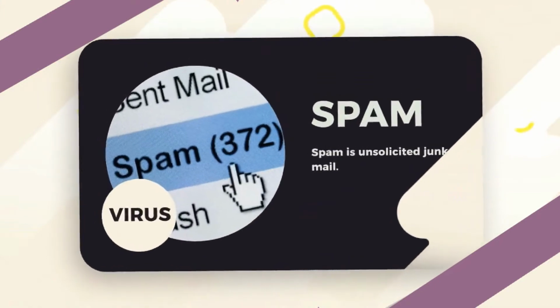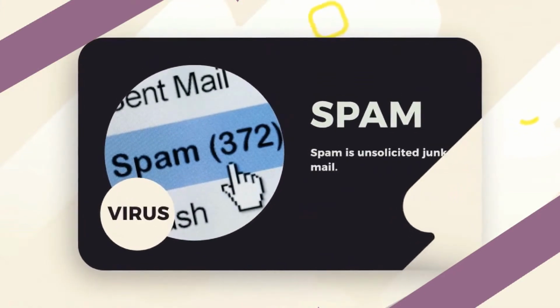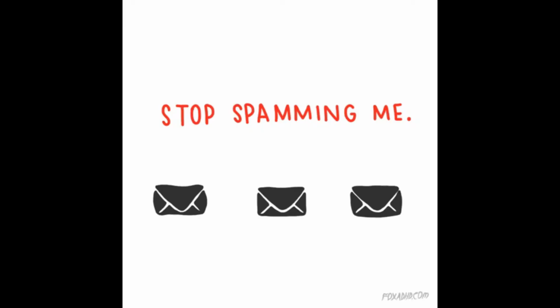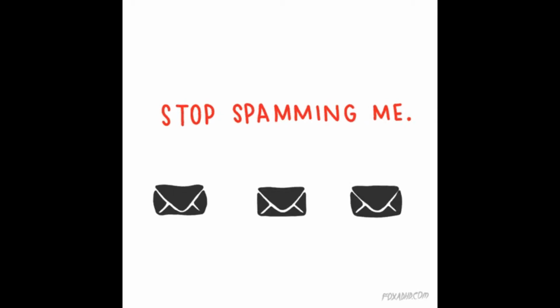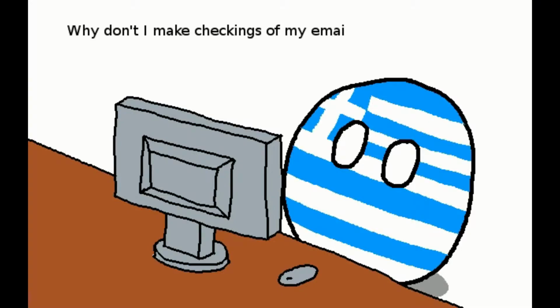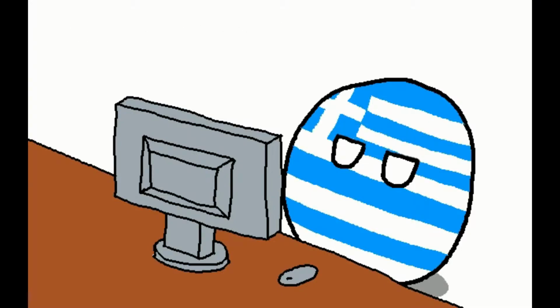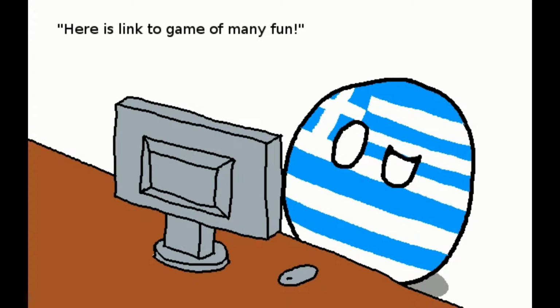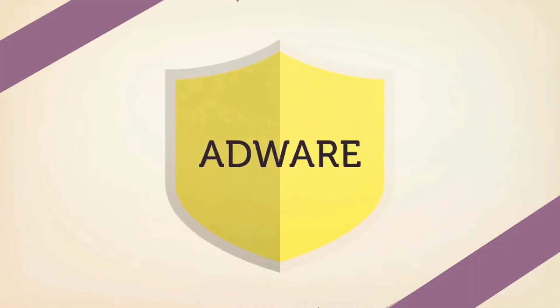Spam. Some view spam as more of an annoyance than a threat. Still, legislation like the CAN-SPAM Act has been enacted to help combat the problem, so that view may not hold weight with many others. Spam is unsolicited junk mail. It comes in the form of an advertisement, and in addition to being a time waster, has the ability to consume precious network bandwidth.